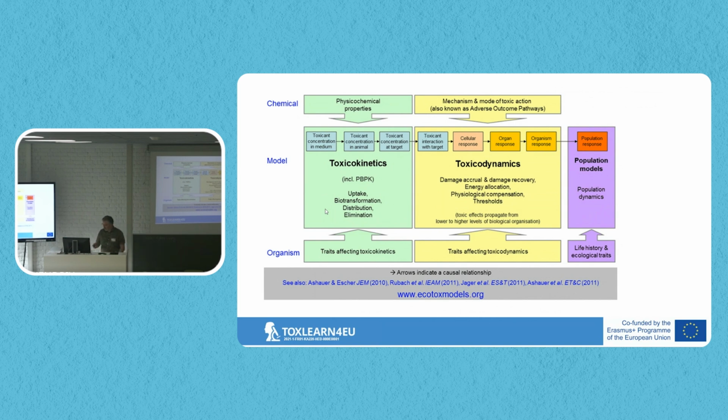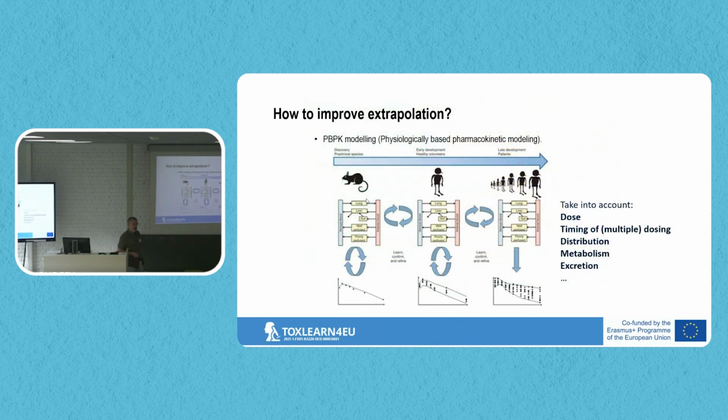So of course, then you can go to animals again to mimic this toxicokinetics. But what we also have is PBPK, which is modeling, right? So then you can have a look at what we already know about certain compounds, how they distribute over the body. PBPK stands for physiologically based pharmacokinetic modeling, right? So you have your exposure, and then you can calculate how much is taken up, how much is distributed to certain organs, how much in time, right? So you can also follow all the process in time. Let's say for animals, then you can compare that to the human situation, right? So that's already important to see whether a certain animal model could predict what is going on in humans, and eventually there is a large